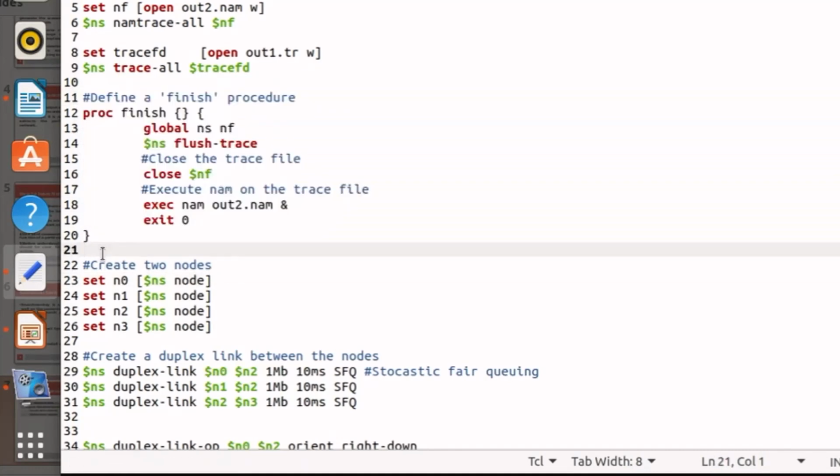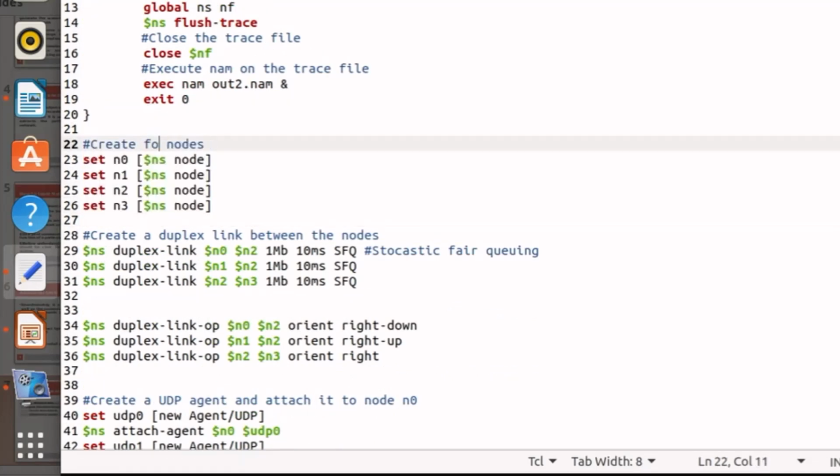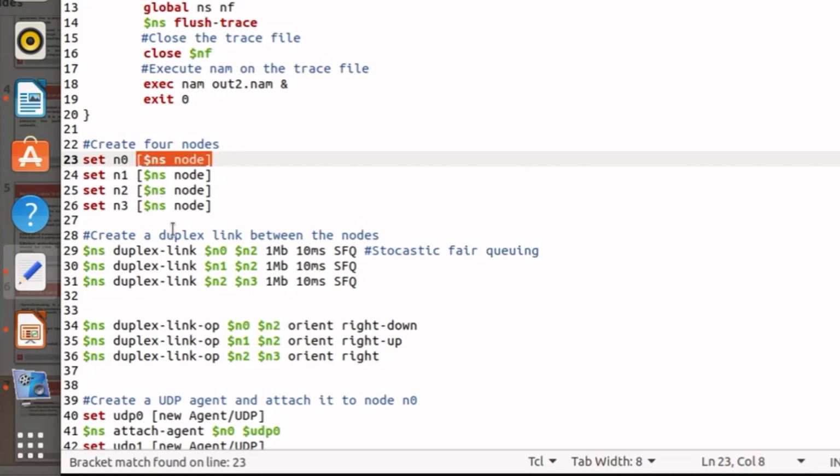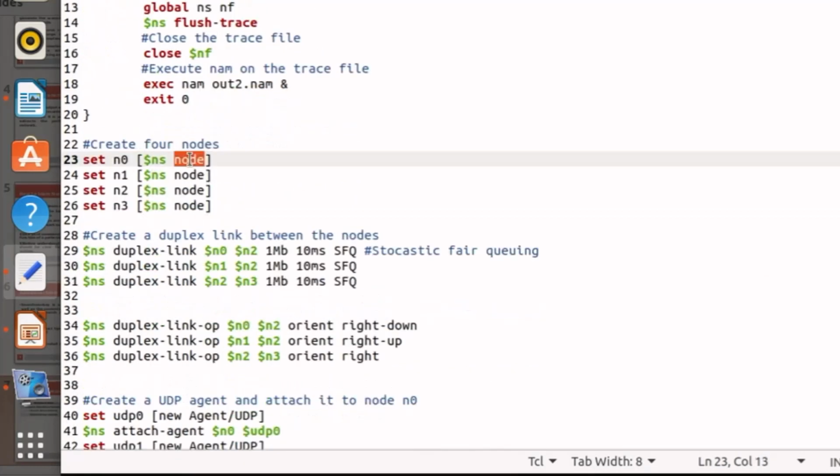Now we will move towards these lines. We are creating some nodes here. How do we create a node? The command for creating a node is this one. We assign a variable, set n0. n0 is a variable name, you can change it to anything else, and this is the command that you should not change: ns node. ns is the simulator object that we have created, and node is the command used for creating the node.